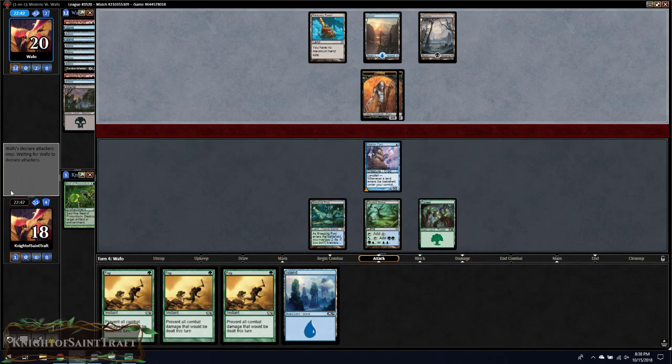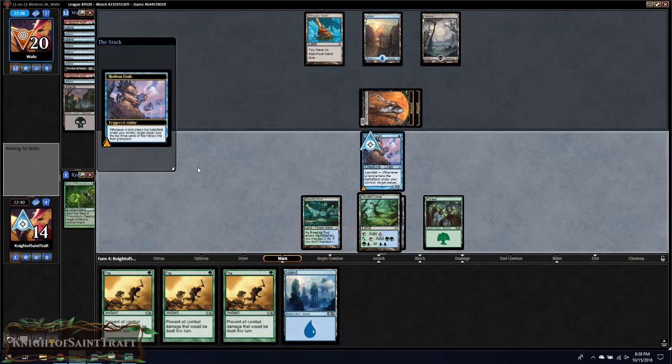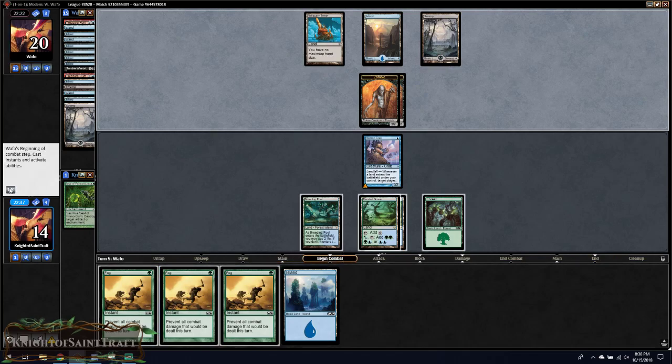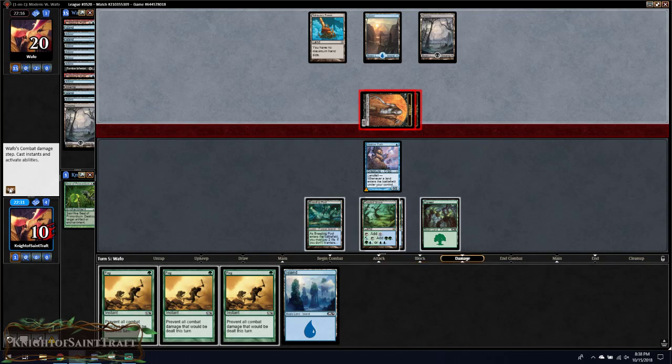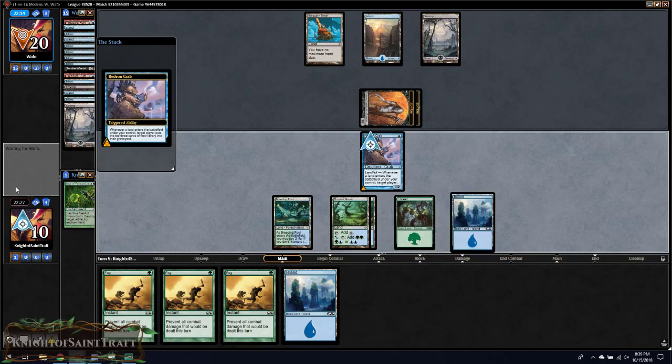Yep. I'll take 4. Could really use a ramp spell of some kind. Or like another crab would work too. Because I can only survive with these fogs for so long. My opponent's not really presenting any meaningful clock either, so...